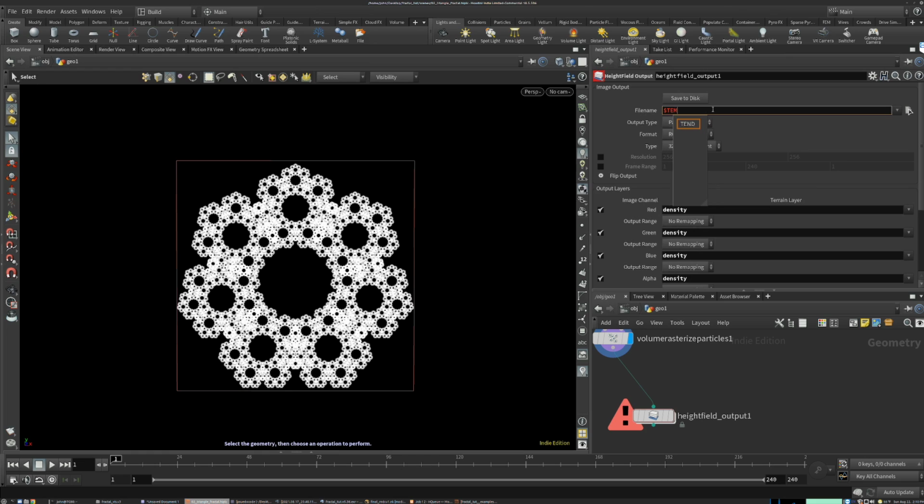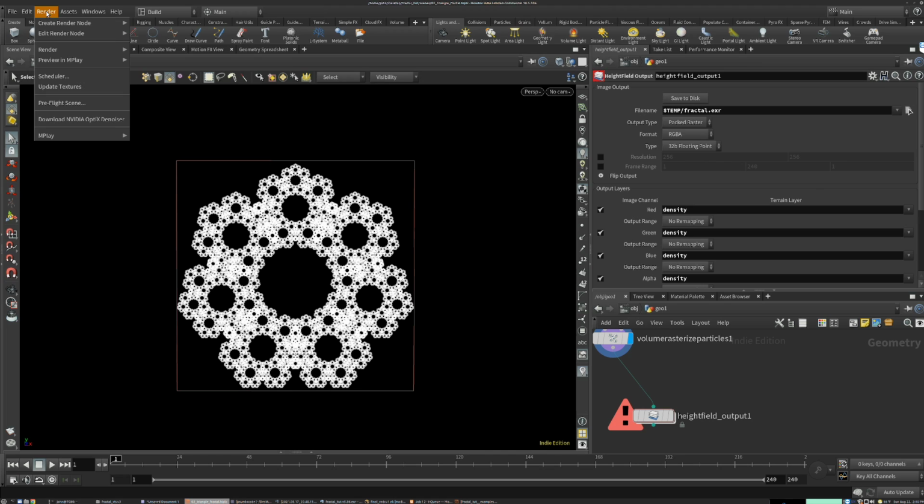We can just put this into the temporary directory for right now. If you're working on a project, you can save it wherever you'd like. And I'll just call this fractal.exr. And you can save it to disk. It might take a little bit of time. And then if we just do render,